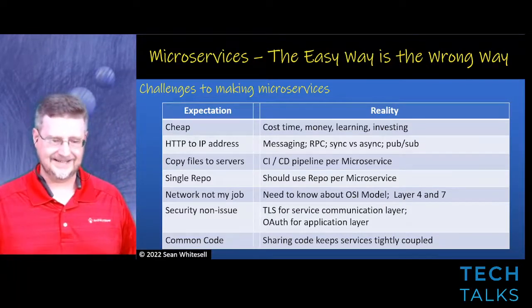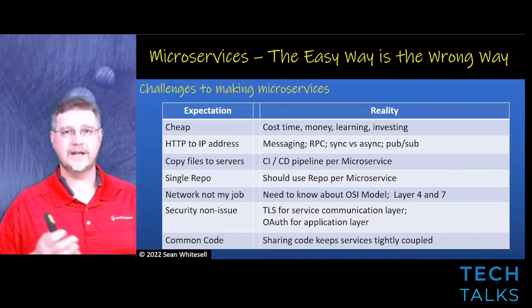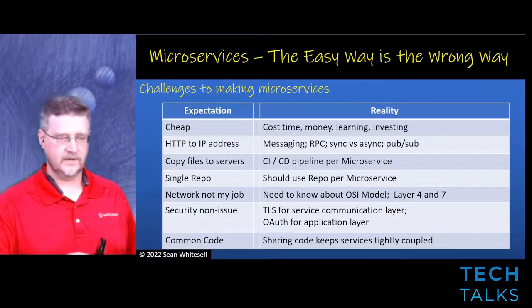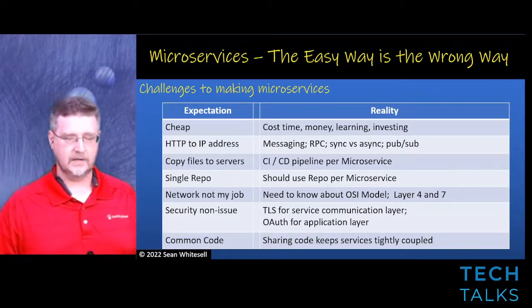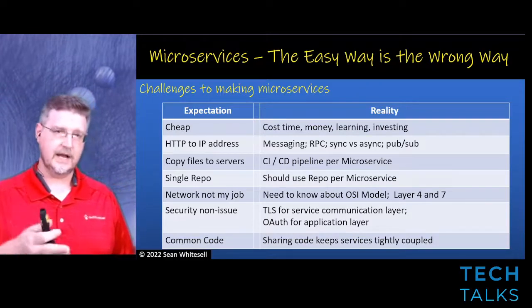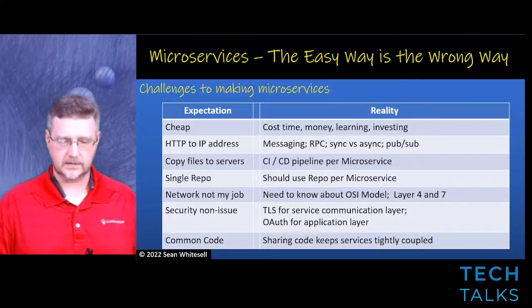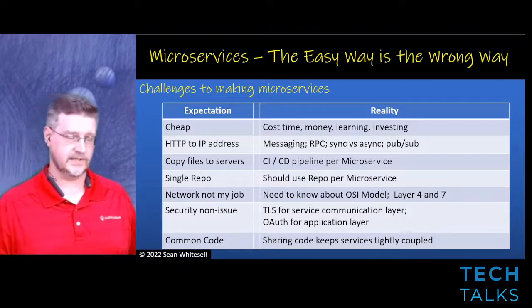Now, you're also thinking, well, I can develop a microservice, it's just a code base, but why do I need to worry about networking? Because now, since they communicate over a network, we need to discuss and understand how they communicate and the need for different load balancers, etc. And understanding how a load balancer of choice works on the network stack. So this is where that OSI model comes in, and you need to be more aware of layer 4 and layer 7. We're going to discuss that on the next slide.